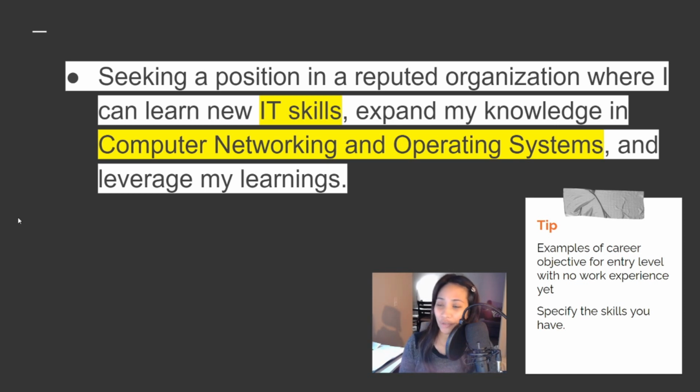For example, you can put seeking a position in a reputed organization where I can learn new IT skills, expand my knowledge in computer networking and operating systems, and leverage my learnings. So as you can see here, this is a good fit for those who are seeking an entry-level position. If you don't have any work experience yet, you can put it here,